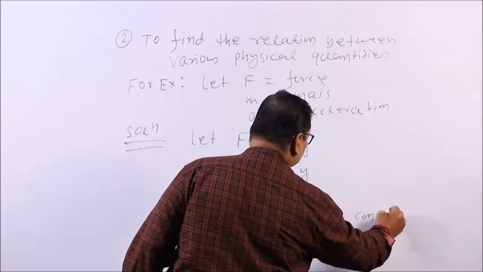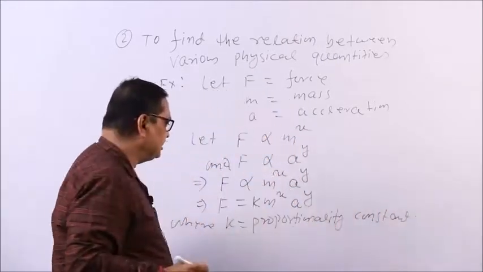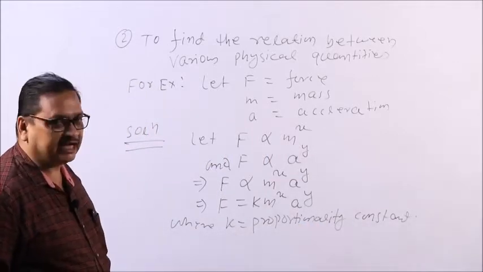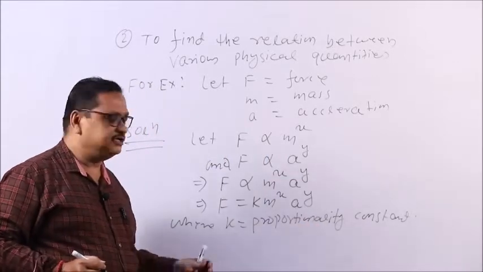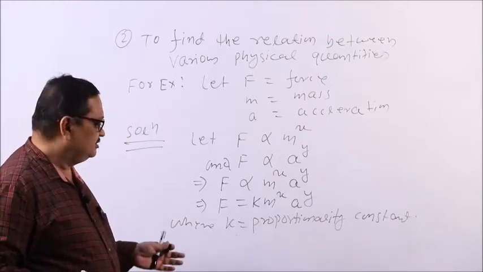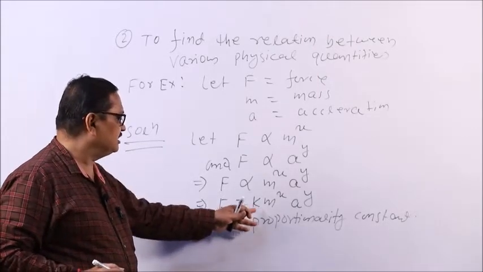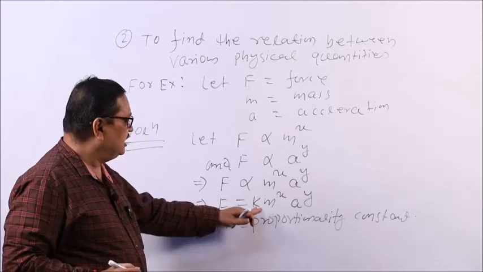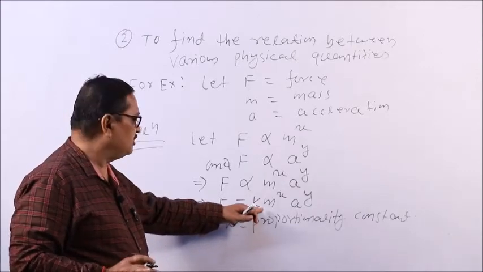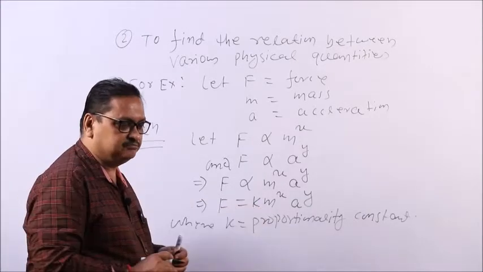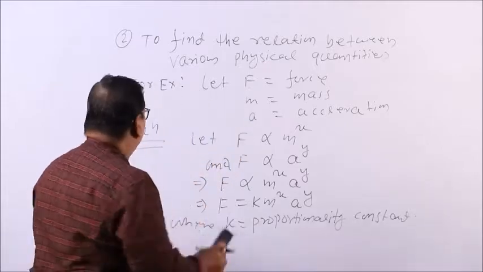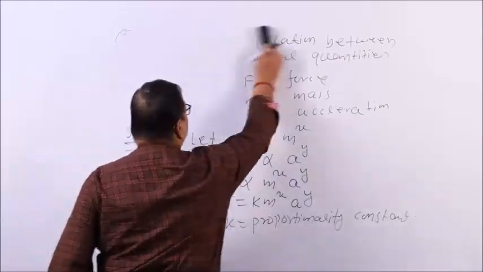which has no dimension. There are some constants that possess dimension, for example, Planck's constant, Boltzmann's constant, universal gravitational constant. They possess dimension, but such type of constants have no dimensions. So, here k has no dimension. So, we are not worried about the dimensions of k. Now, we will find out the dimension of the LHS, force.